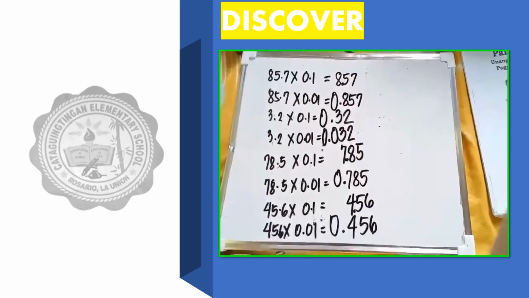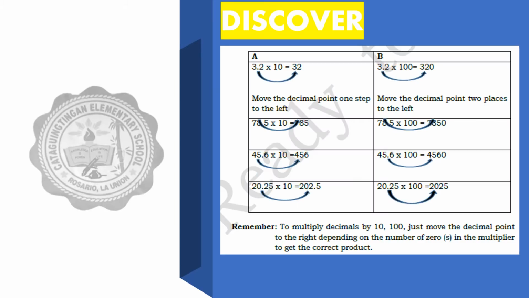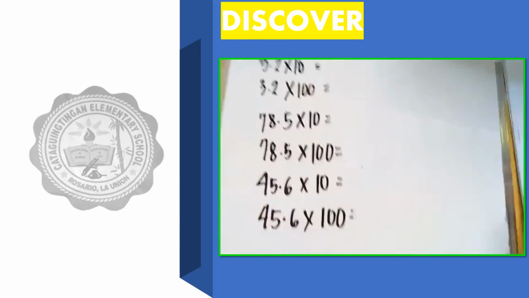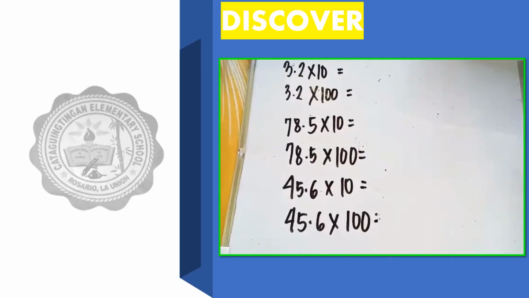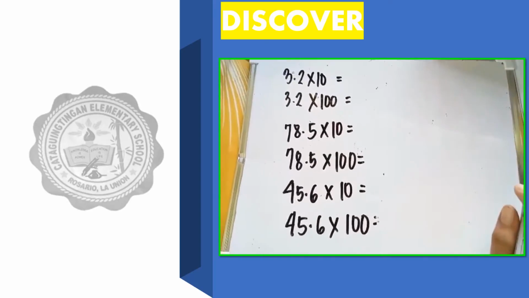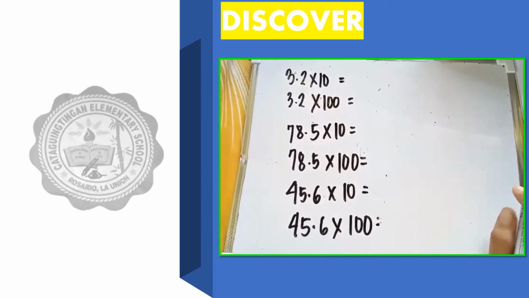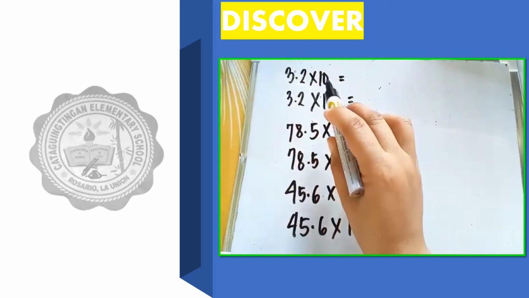Do you get it, children? To multiply decimals by 10, 100, just move the decimal point to the right, depending on the number of zeros in the multiplier to get the correct product. To the right this time. But there are techniques that I will show you so it is easier for you to learn. And now, let us multiply decimals by 10s and 100. It is easy. Since it is 10, how many 0s? So, we multiply, and it becomes